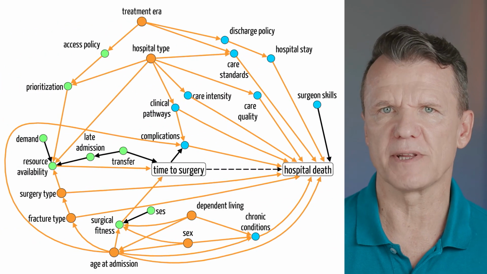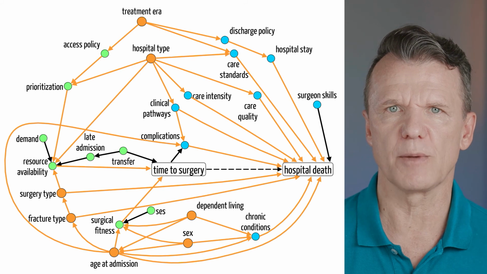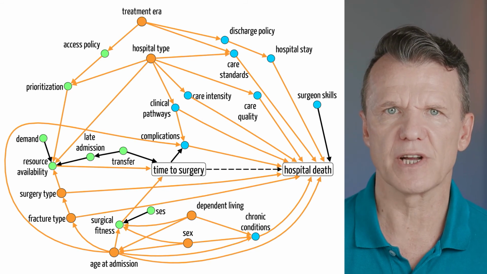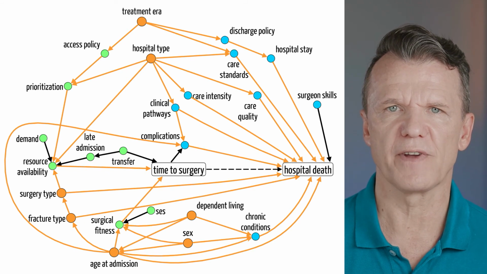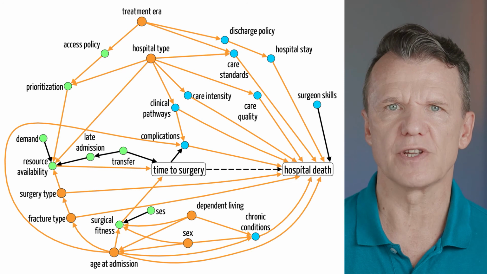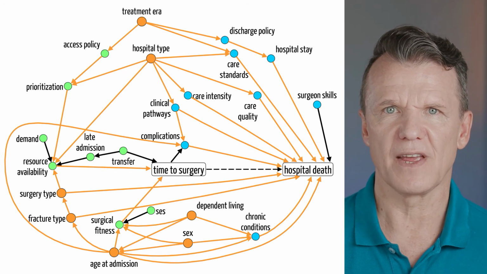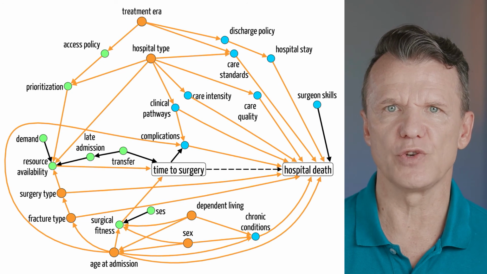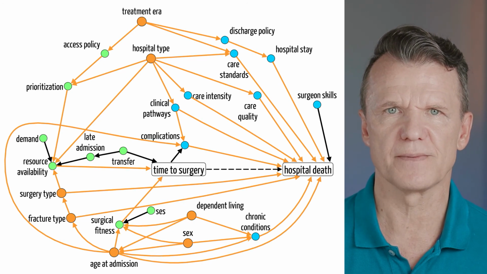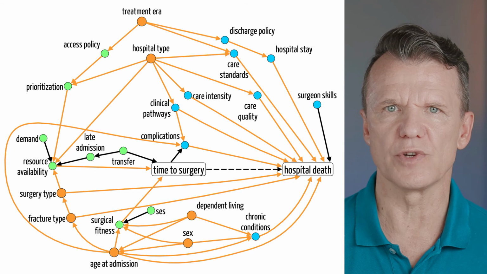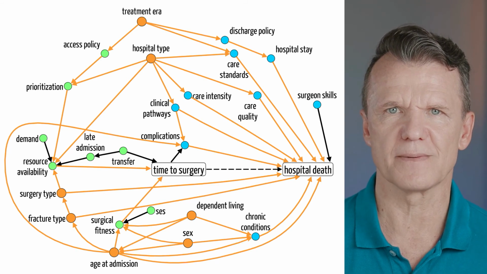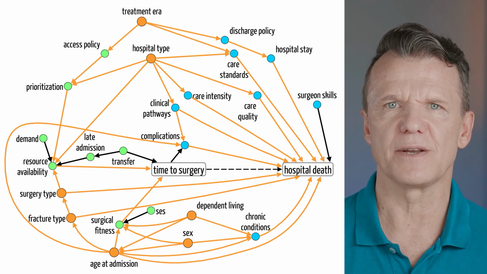Let's look at this dependency graph. It shows the phenomenology of timing and mortality after hip fracture. It shows all known factors and their relationships. Solid arrows show the directions of dependencies between the nodes. The dotted arrow represents presumed effect of timing of surgery. We color code the nodes according to Pearl's extended taxonomy. Green nodes represent factors affecting timing of surgery.